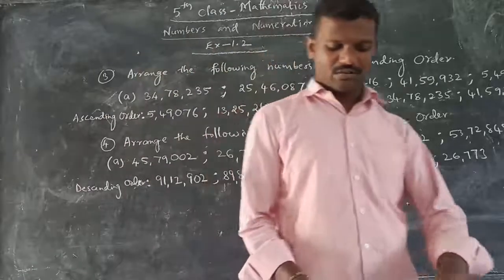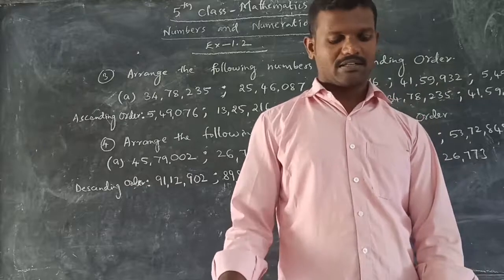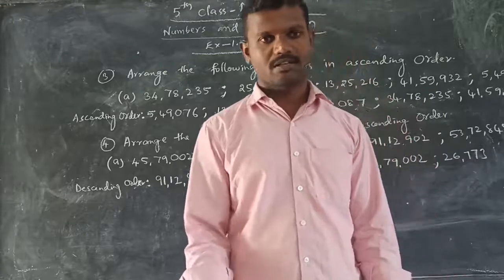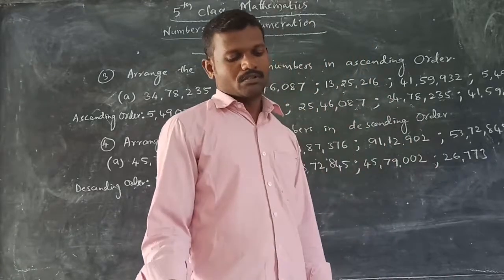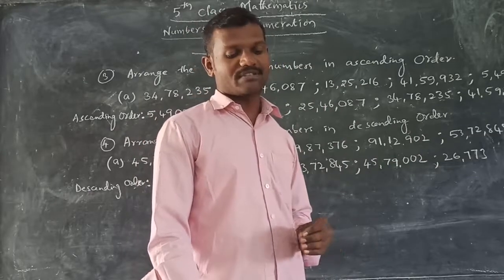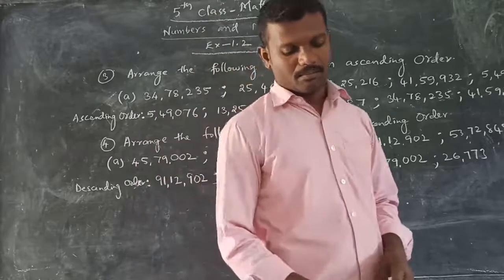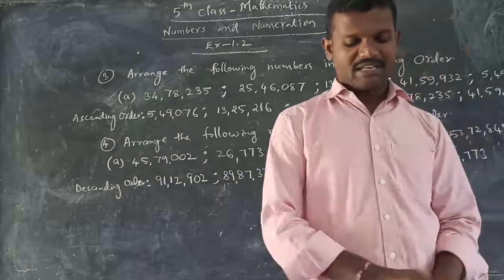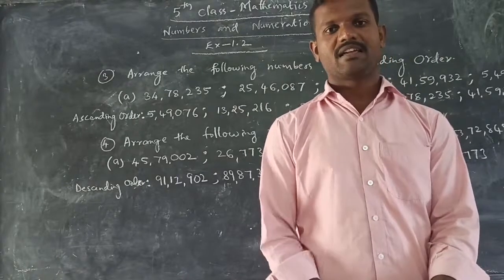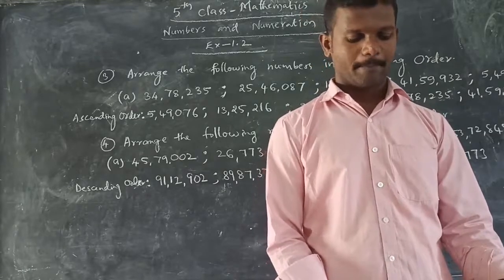Okay. In this way, you already learned to write ascending order and descending order very well in the previous classes. So, try to write the two remaining problems in the third bit and fourth bit. Try to complete them. Now, the fifth bit we have to discuss. What is the fifth bit? Make the smallest possible six digit number by repeating the digits, and make the greatest possible six digit number by repeating digits. So for making a six digit number, greatest and smallest both we have to write. How can we write them?